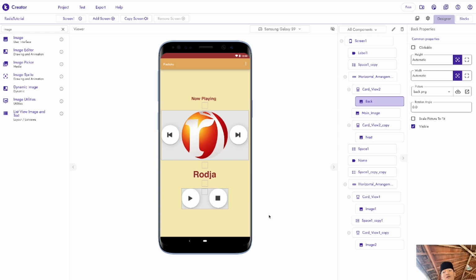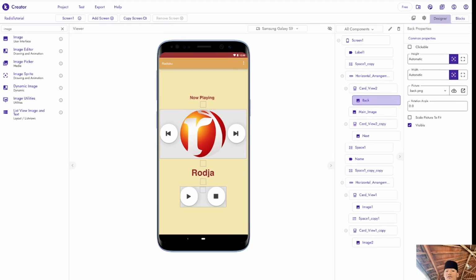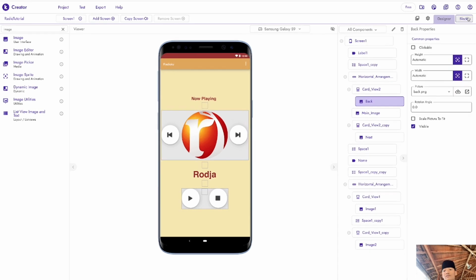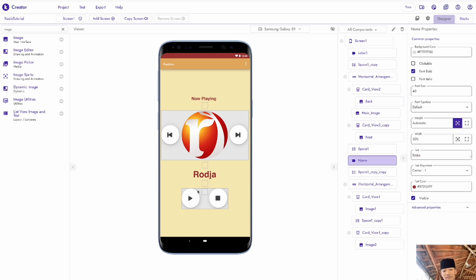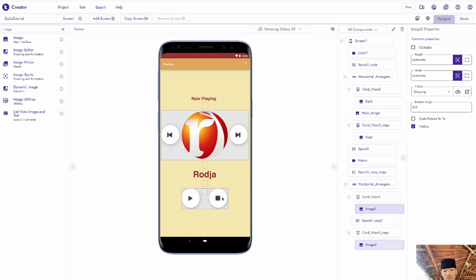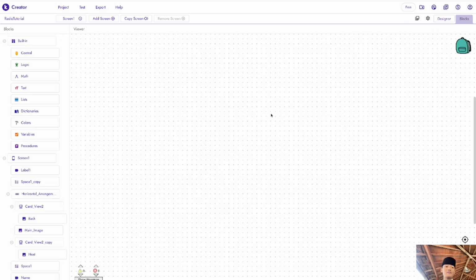Next, we're going to go to the block code. This application needs block code, if you know. So first, we're going to go to block code. Wait, I think all is ready here. Yes, all is ready. The next thing, we need to go to block code. On block code, we're going to use some variables here.